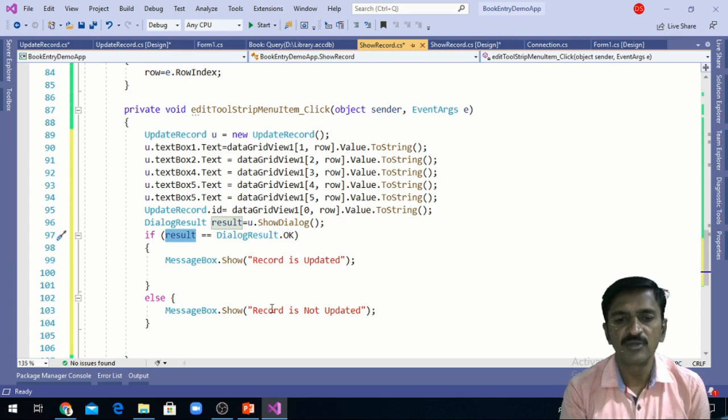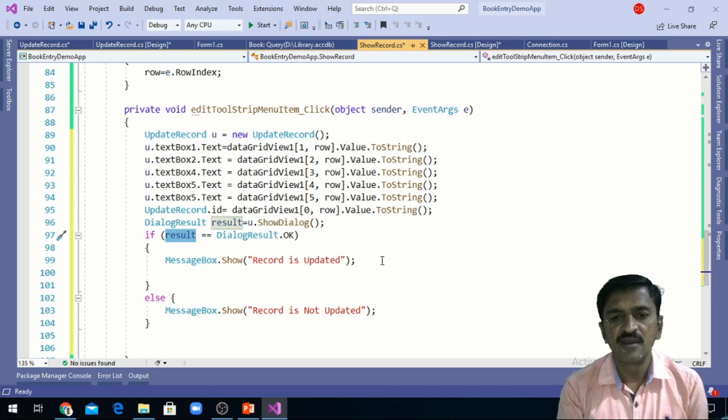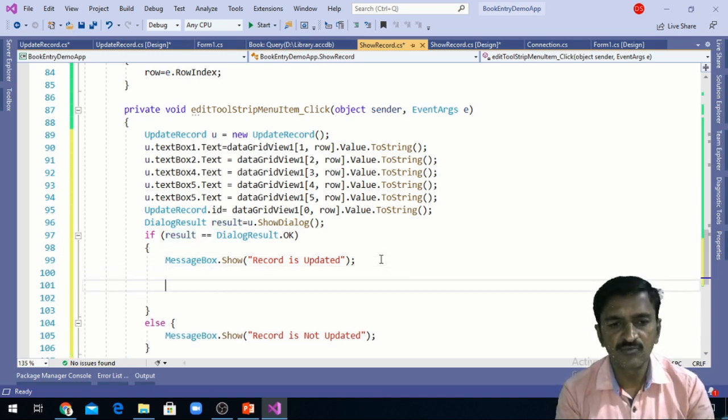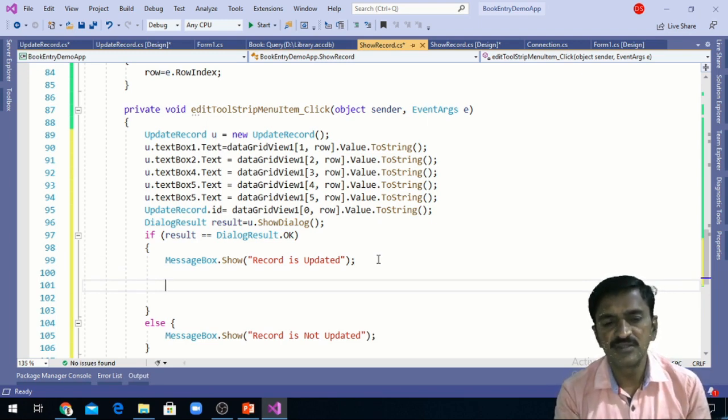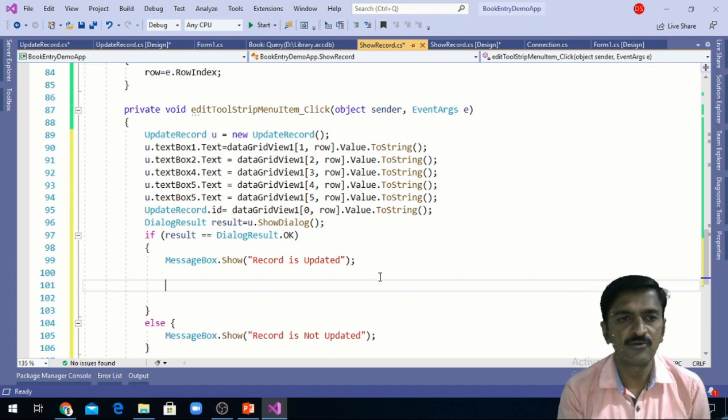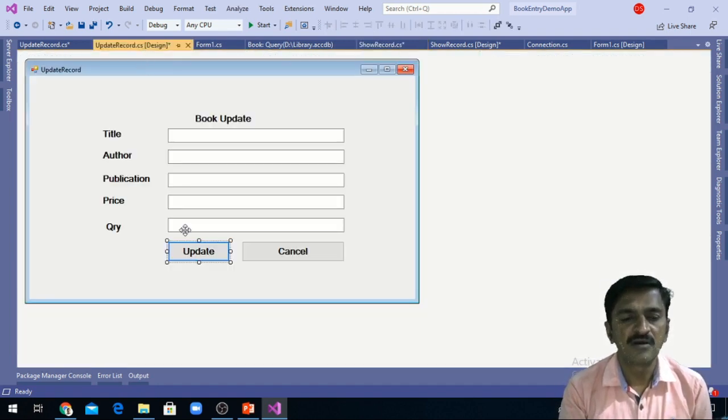Otherwise we are going to display record is not updated. Right, and if the record is updated, we want to display the updated record here, but we will write the code to display the updated record from database later on. First we'll write the query to update the record to this update button.